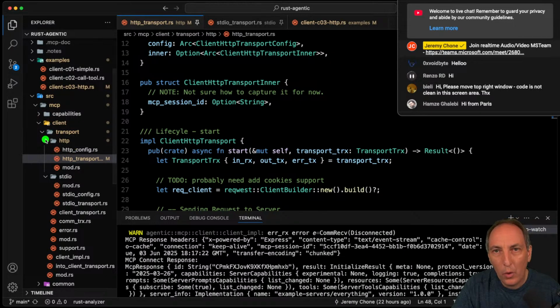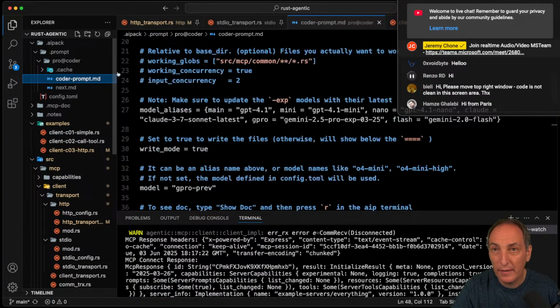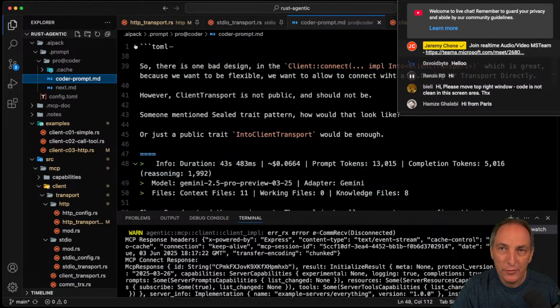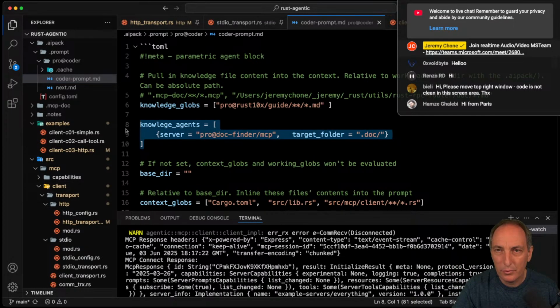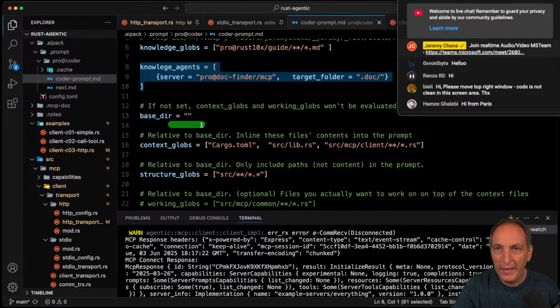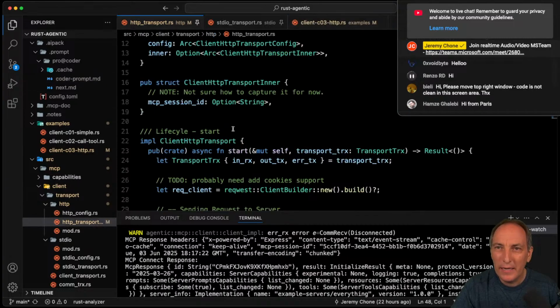Now, the reason why, and I'm using AI a lot, I have AI pack, so you can check AI pack, and then I have a procoder. I use AI a lot to code. In fact, if you go there, I have the concept of parametric AI, so I do the prompt over there, and then I tell my knowledge, best practices, knowledge, that is a prototype here, and then I do my context globes and everything. I use AI a lot for coding. No emotion there. The trick here is I am in the design mode, and I could let AI design,